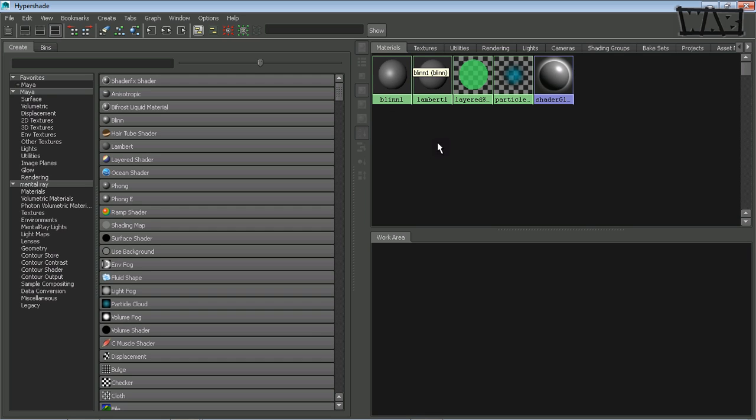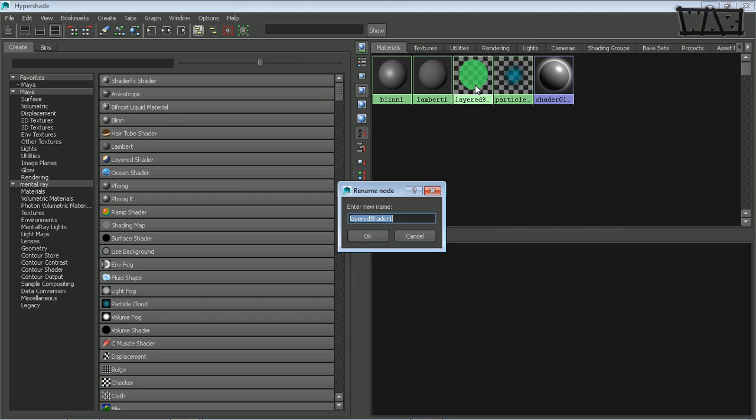Right now I've got Blend 1, Lambert 1, Layered Shader 1, Particle Cloud 1, and Shader Glow 1. The Lambert, Particle, and Shader Glow are all default shaders in Maya. We don't need to mess with those. But we do need to rename the layered shader. If I hold down Control and double click on it, I can rename this. And I'm going to rename it